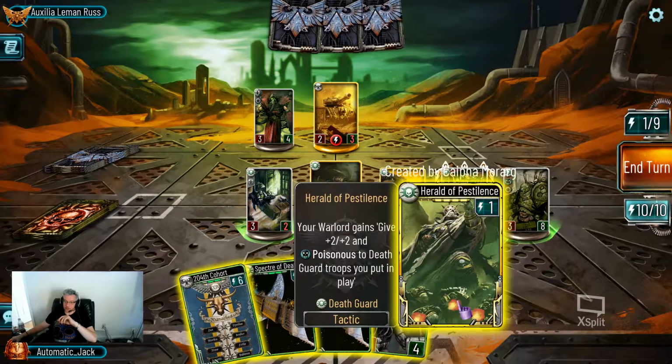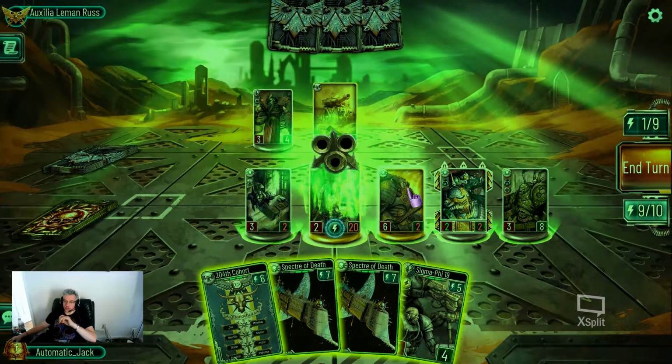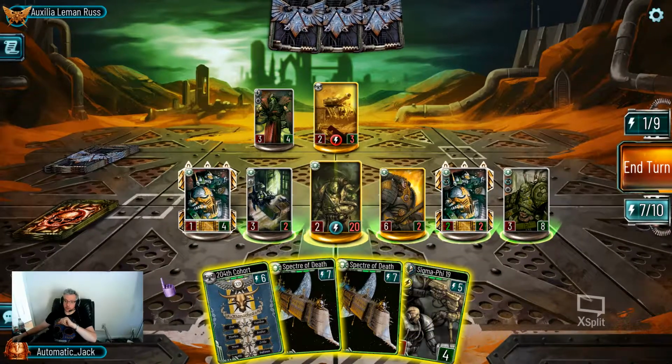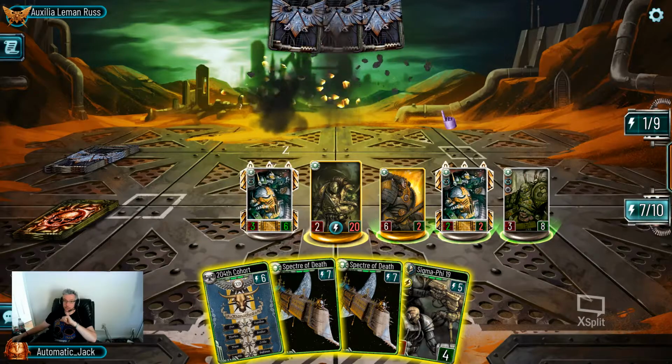Oh, and we get to see Heralded Pestilence. Alright, so it is +2/+2 and poisonous to Death Guard troops. Any Death Guard troops. I believe vehicles included. It doesn't say infantry Astartes, so any Death Guard troops that come out after you play this card get a +2/+2, which includes, I'll show it to you, your Melton squads. So for 2 energy, you get a 3/6 frontline poison. Absolutely brutal. Takes a while to come out. But very